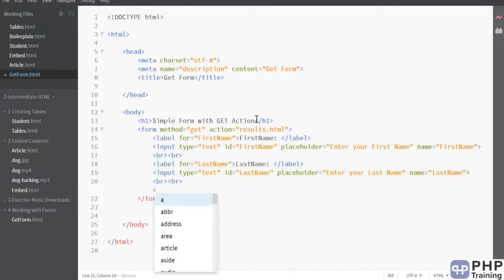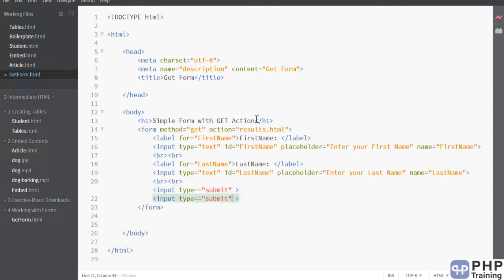Okay, how are we going to write the submit button? Again, you can use the input, and this time instead of saying text you can say it is a submit button. Okay, and then you can also have the reset button. Okay, and instead of showing reset you can set the text on the button to say clear form.